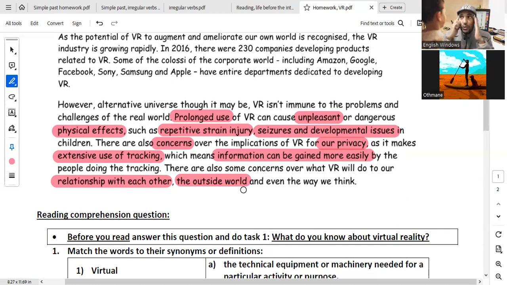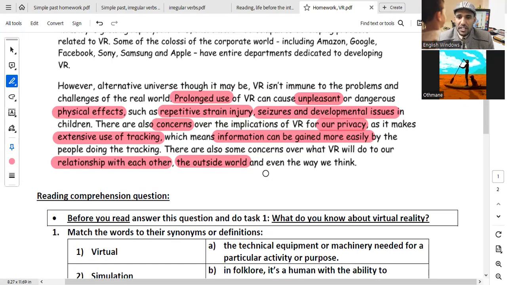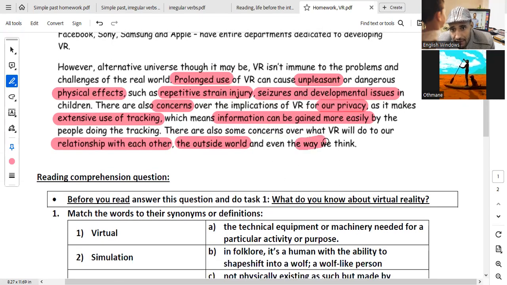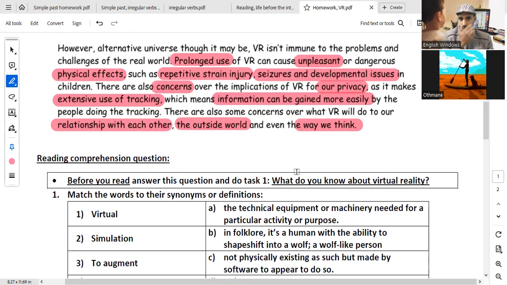Yes. Children, when they are seeing in the virtual reality, put on the glasses, they see that they are fighting robots or killing people or whatever. So through time, through this prolonged use, it becomes very easy and very simple. It's very simple just to kill anyone in cold blood, without any problem. So they may imitate that and apply it in reality. And this is something really dangerous, especially for children. So this may have a negative impact on how we think and how we deal with our reality.